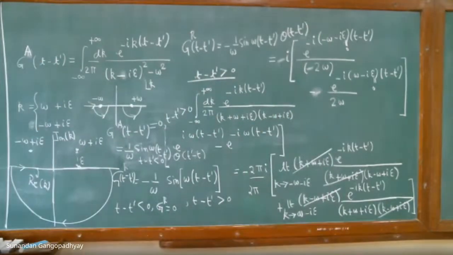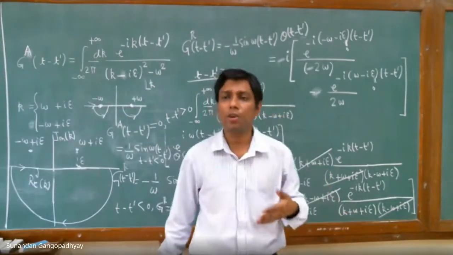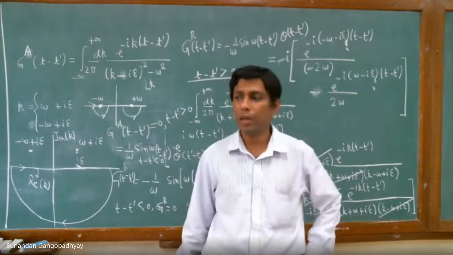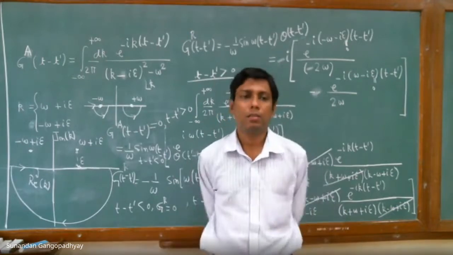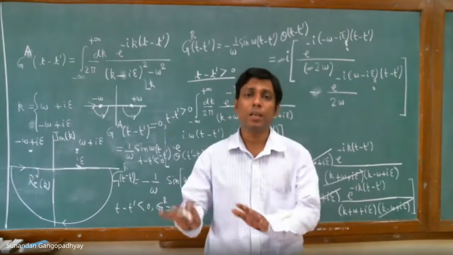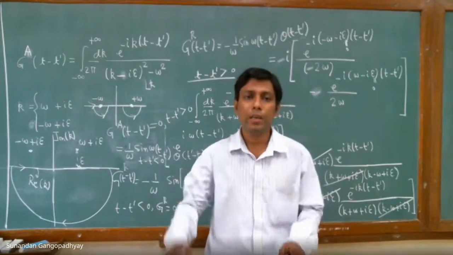So this is what I wanted to mention to you about the three Green's functions. And as I stated earlier also, the fact that you get various Green's functions depends on the choice of the contour that you take. So you should keep in mind that for different choices of the contours, you will get different Green's functions. You will get different physical Green's functions. Each choice of contour corresponds to a different physical situation.